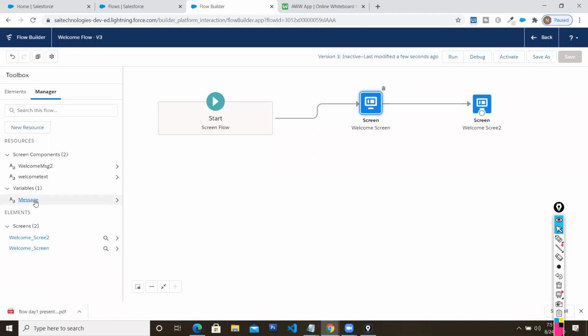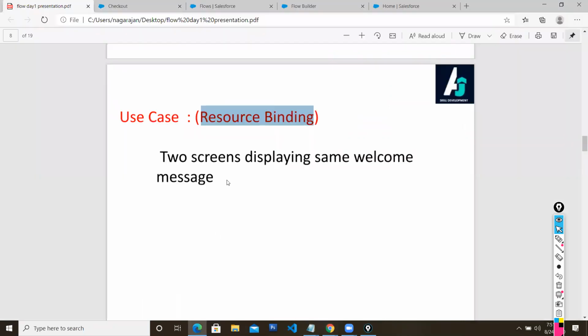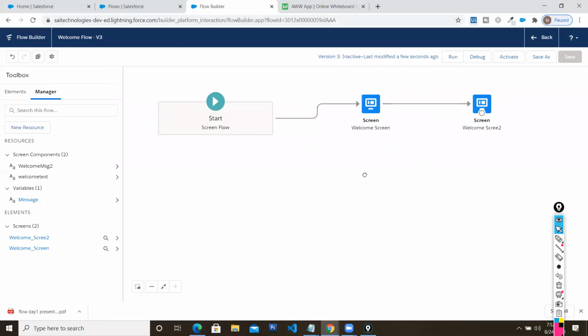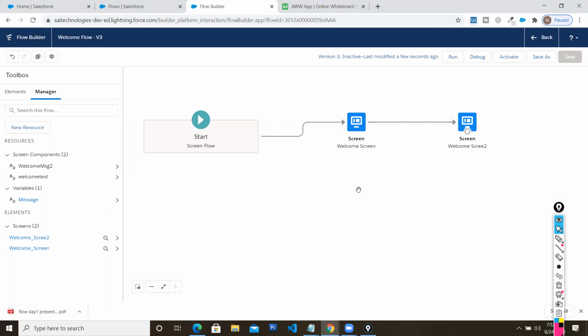These resources can be used in so many scenarios and so many steps in your flow. If any change comes, you just need to change it in the variable and it will be reflected everywhere. People with a programming background might be aware of this. This is called a variable. We will be using it. So this is all about data binding. This is called resource binding. Now you might have a clear idea of what is meant by resource binding and how it helps you when designing a complex scenario: change one single place and it will be reflected in all the areas.